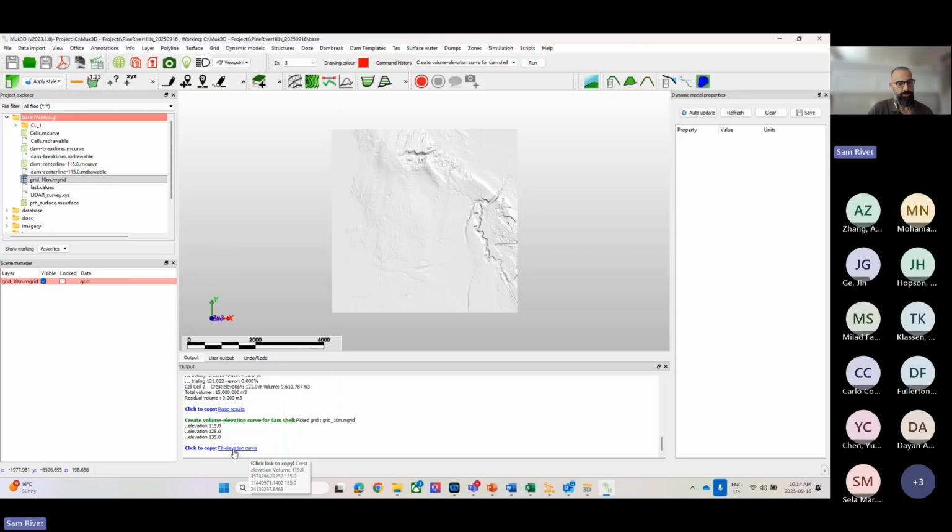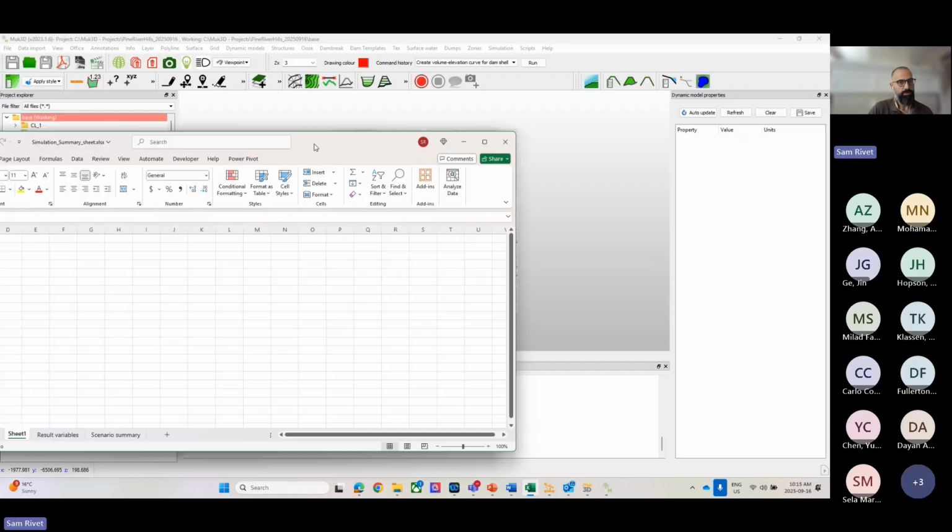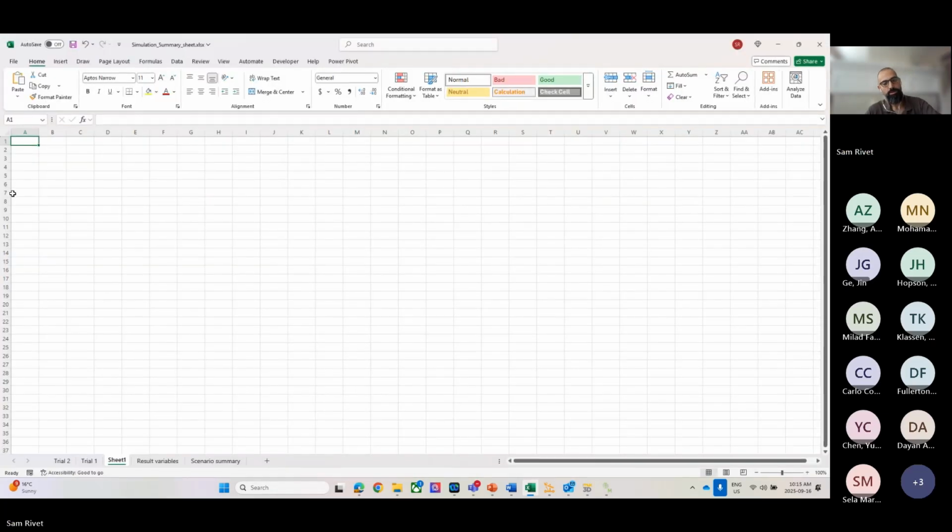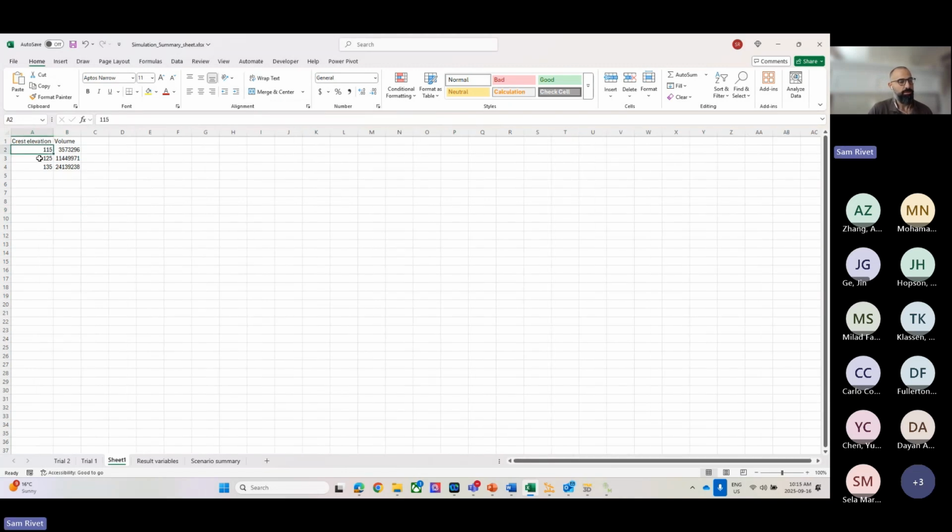And I can see here it's created the fill elevation curve. So I'm going to just click that. It's going to copy those values. Then I'm going to go to Excel here, paste those in. And you can see here, okay, for 115 meters in elevation,